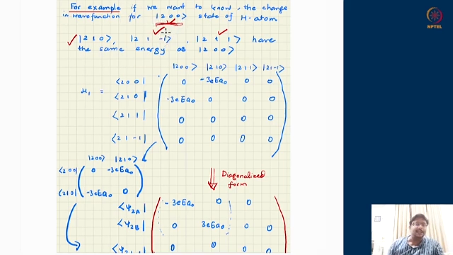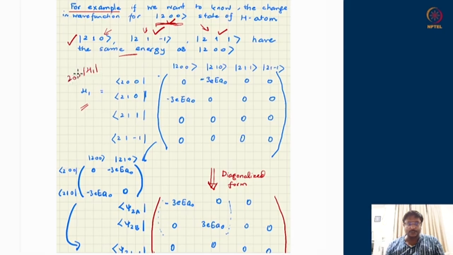In both the cases, there is a problem because for 200, there are other states which are different from it. For example, 210, 21 minus 1 and 211, which have the same energy as 200. So what I should do is first try to check whether H1 is diagonal in this degenerate subspace or not. So I compute the matrix H1 in this degenerate subspace: 200, 210, 211, 21 minus 1, with rows and columns like that. If you do this exercise, which I am just skipping, but you know how to compute, you will take H1,